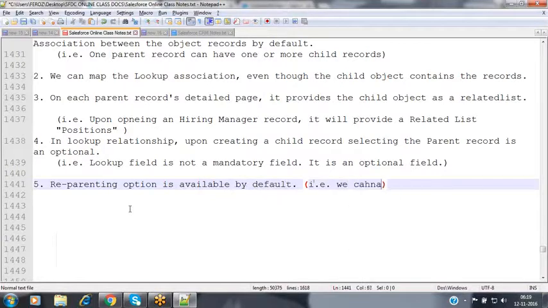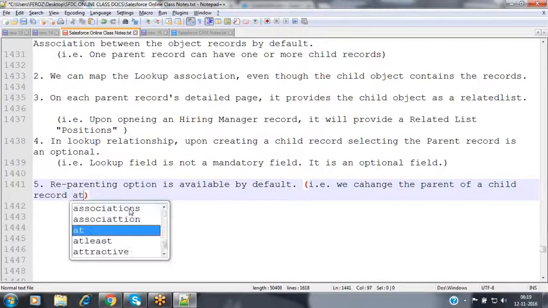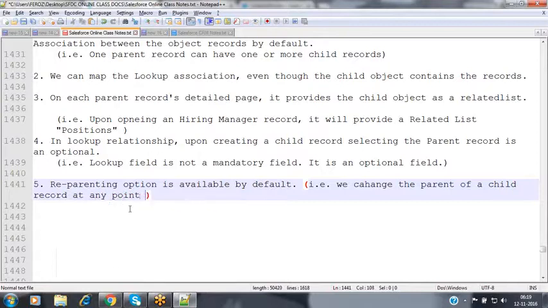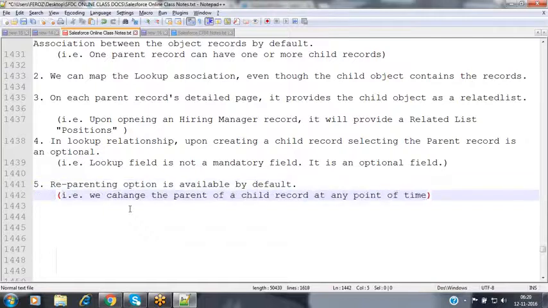That is, we can change the parent of a child record at any point of time. Okay. Reparenting option is available by default. Nothing but we can change the parent of a child record at any point of time. That is the next observation we have done.